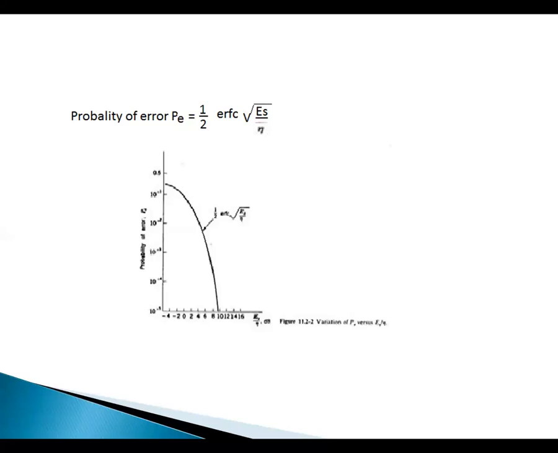So based on 10 to the power minus 4, what is the Eb by N0 value? Let us calculate. All the systems are calibrated by using the probability of error factor only. Probability of error factor is a quality of the signal in the digital domain. So that's why it is an important parameter. Okay. So in the information theory and coding chapters also, this graph is important. We can discuss it more elaborately there.